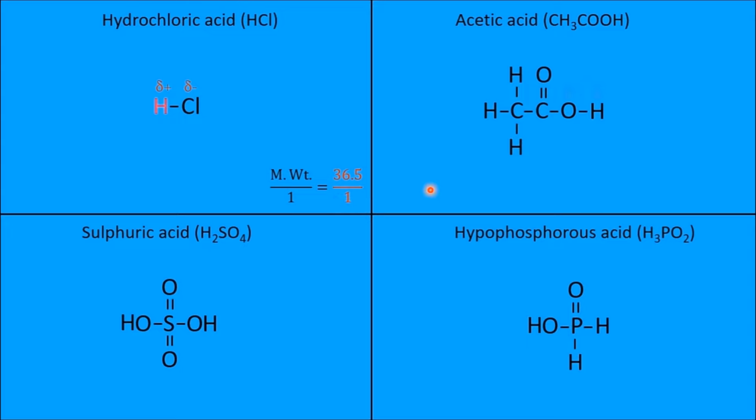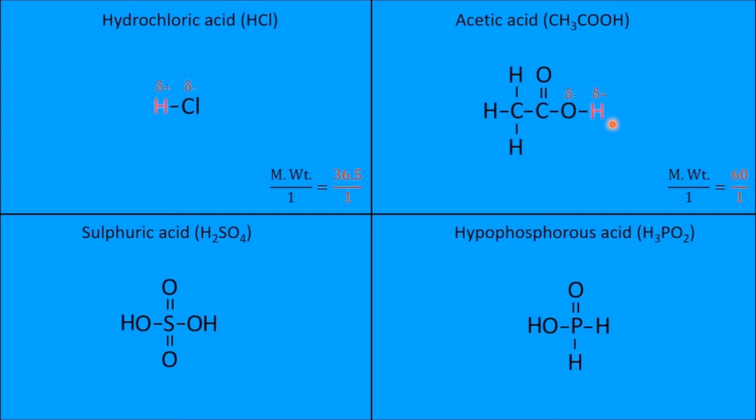Let us take acetic acid. Many students are under the misconception that all hydrogens are replaceable. It is not correct. See, for example, in the formula CH3COOH, how many hydrogens are there? 4 hydrogens. Can you imagine the basicity is 4? No, the basicity is not 4. Even though 4 hydrogen atoms are present, only one is removable. So what is the basicity? 1. It is not tetrabasic. Even though 4 hydrogen atoms are there, it is not a tetrabasic acid.